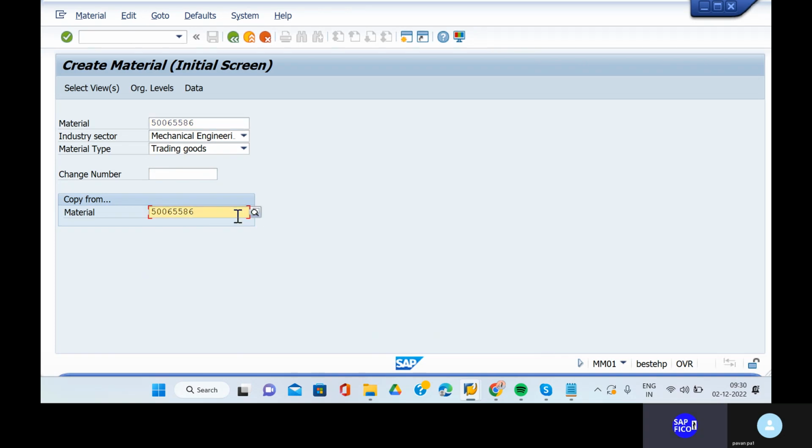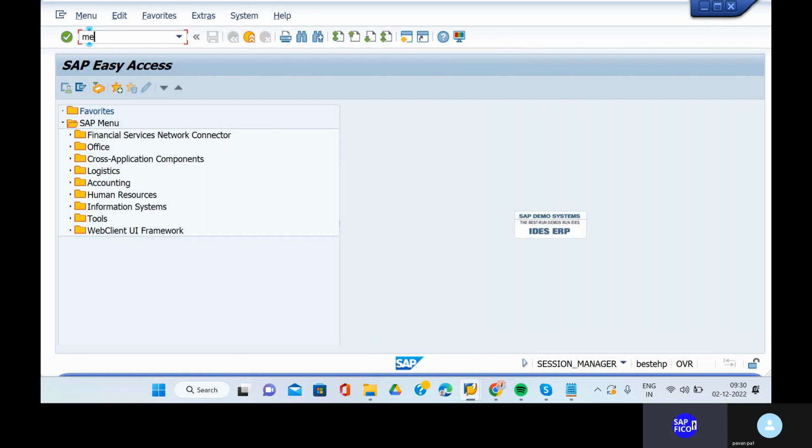And if it throws any error, we will come back to this material MM01 and we are going to see. Okay, and we are going to extend the material. I think we have already maintained all these things in the purchase order, so that is why it is taking like this. Okay, what we need to do is, can you give /n and go to the steps,